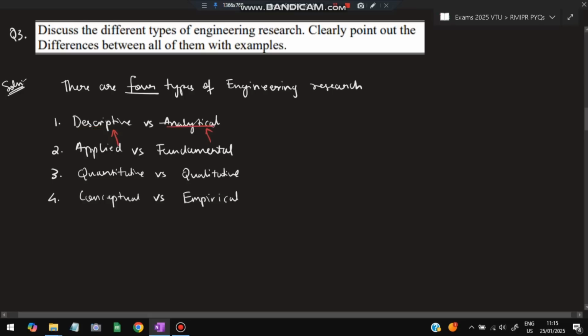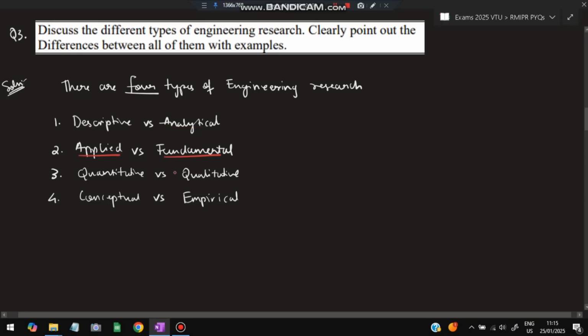Okay, in this, what example can be taken? An example can be analyzing the traffic data to identify the major causes of congestion and recommend strategies like signal optimization. That means at what point of time those signals come, and if we optimize it, whether the traffic will become good or not. That is the first type of research: understanding versus solving. The second one is applied versus fundamental.